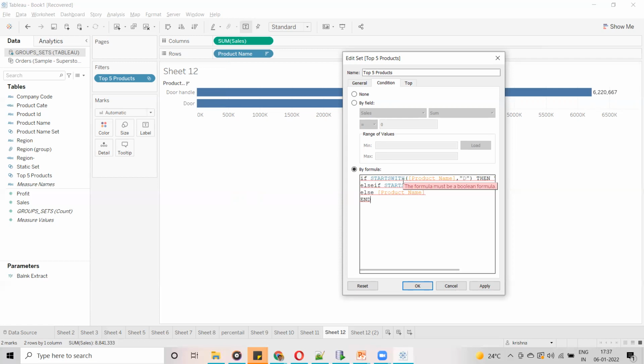But in this case, what is going to happen is first it has to go to the product name, then it has to search for the product names which start with the character D, and then group them. And again, it has to go to the product name and group. Means based on the given substring character, it has to group the data. So then it is not true or false, right? True Boolean means it should always give either true or false. Only those kinds of calculations we have to write here. Okay, you have to remember that.